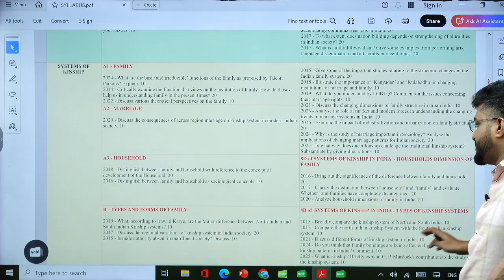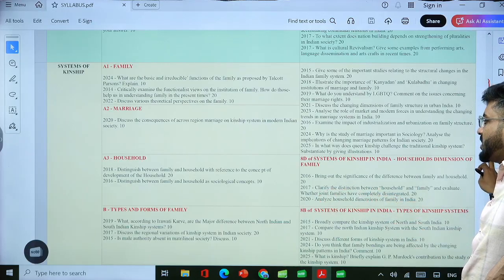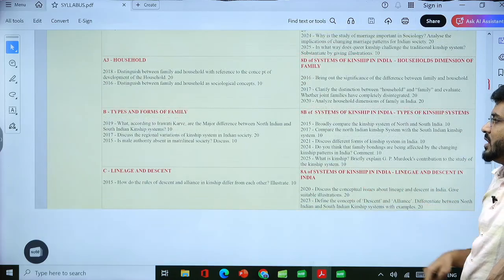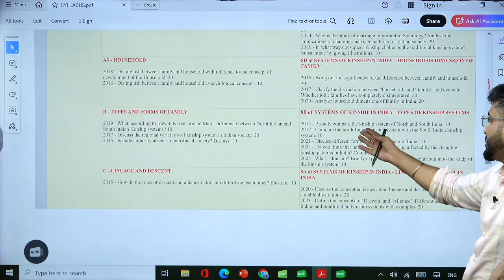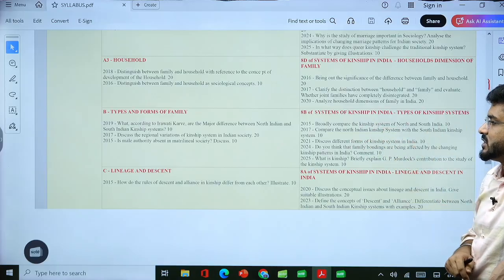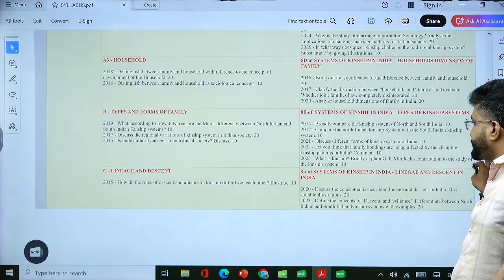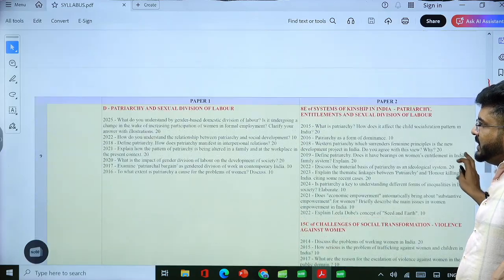Iravati Karve, major difference between North and South kinship systems. Same question I have asked in paper 2. Discuss the conceptual issue. This broadly compares the kinship system of North and South. Okay. Then again,